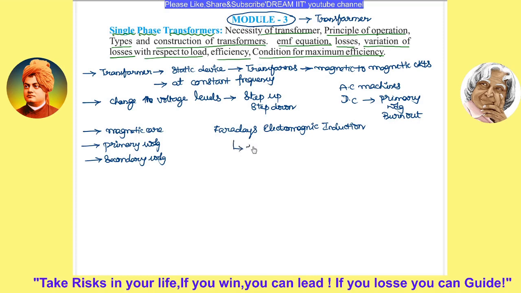If you observe the efficiency, it is the highest efficiency machine. Maximum you can get is 99%. One more point to understand why you get this much efficiency is that it is a static device. Static device means no rotating parts. Because of this, the mechanical losses are absent. As the losses are absent, the efficiency will be very high. That is why it is the most efficient machine.